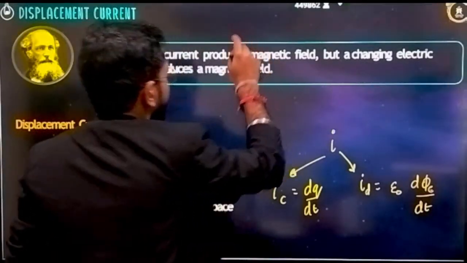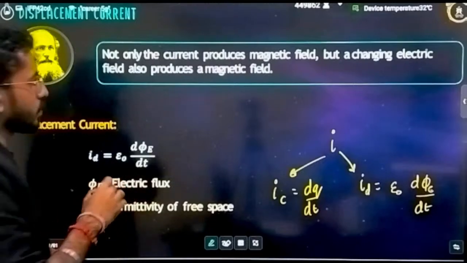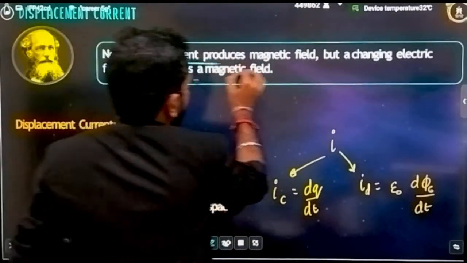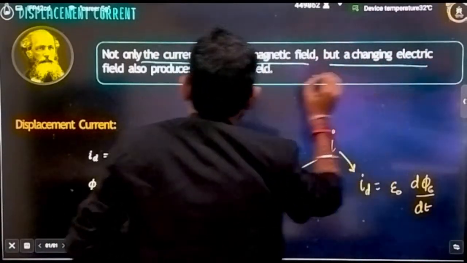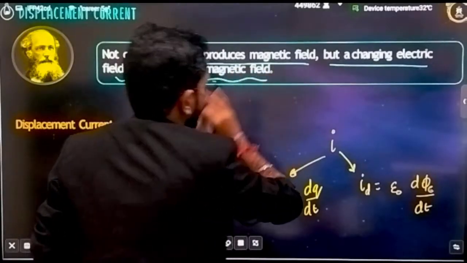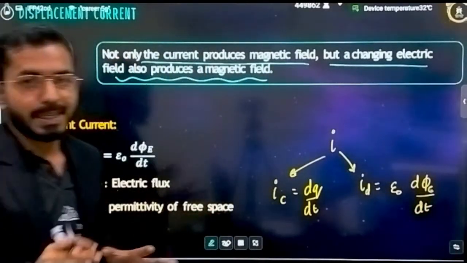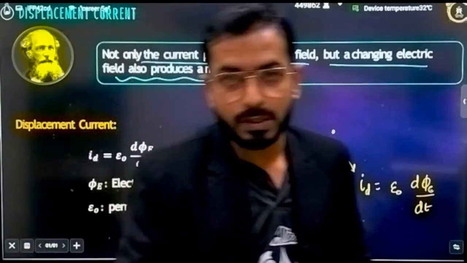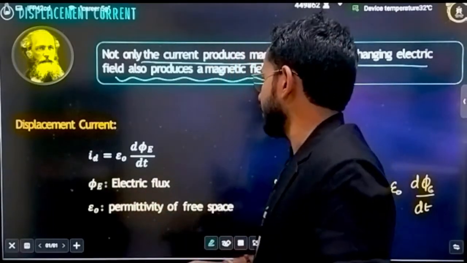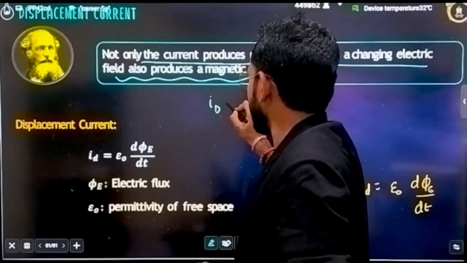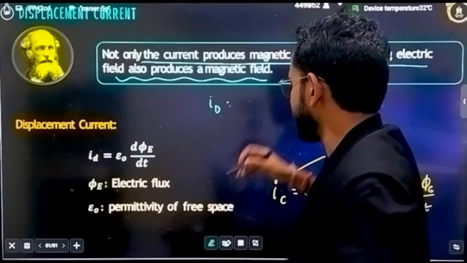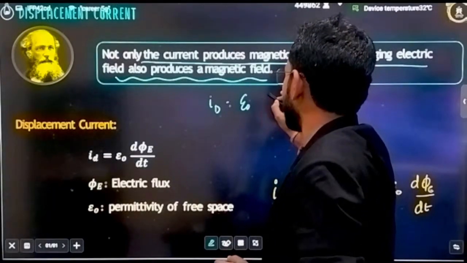So what was the observation? He observed that, and he gave his own statement: not only does current produce a magnetic field, but a changing electric field also produces a magnetic field. Not only current, but a changing electric field can also produce a magnetic field. And from there he defined the concept of displacement current, and this displacement current was defined by him as written